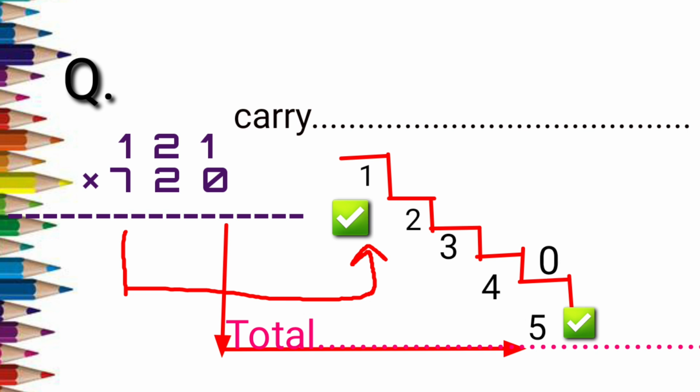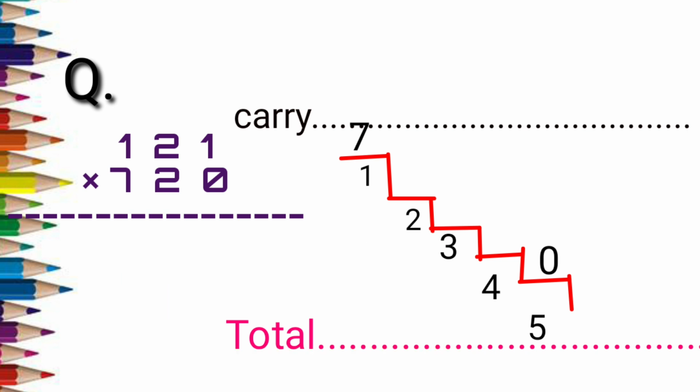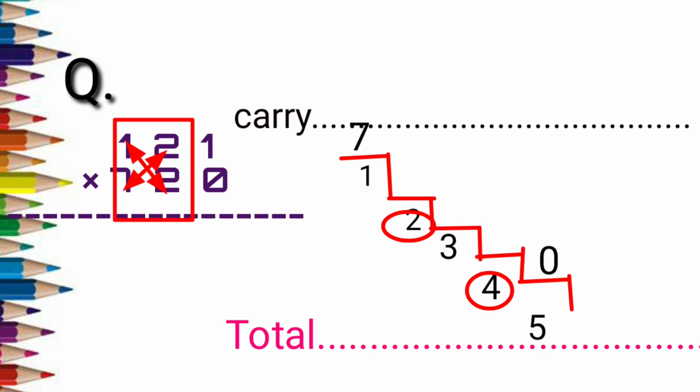Now 1 into 7, it is 7. There is also no carry, so we'll write it as 7. Okay, so 2 steps are over. We'll fill the 2nd and the 4th position. Okay, so for the 2nd position what we have to do is we have to take the hundreds place and the tens place. See, I can show you, that is 1, 2 and 7, 2. These 2 numbers we'll take, we'll cross multiply it, and whatever answer we get we will add and we will write the answer. That will be the answer of the position number 2.